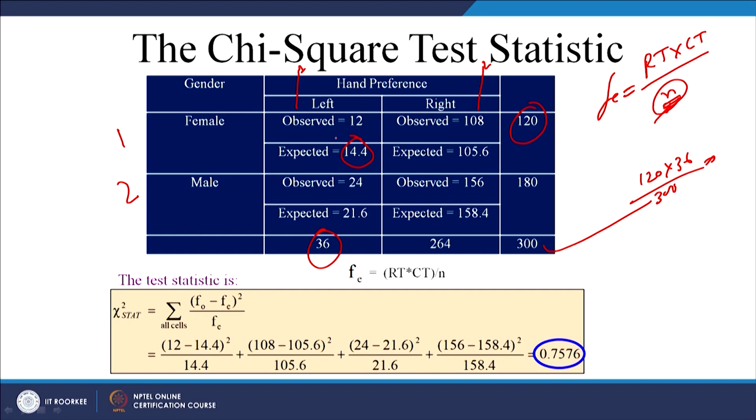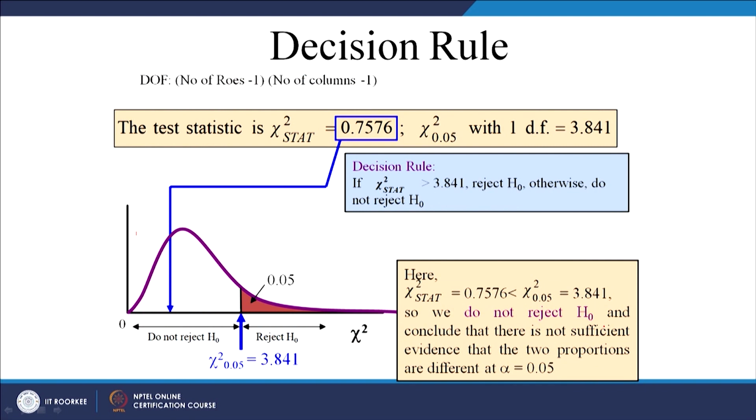right. Similarly, let us say if you want to calculate expected frequency for this particular cell, cell number 22, right, second row, second column. So, it would be 180 into 264 divided by 300. Okay. So, expected frequency would be 158.4. Since you have got FO and FEs, just calculate chi-square statistic, which is 0.75, and at appropriate degrees of freedom,